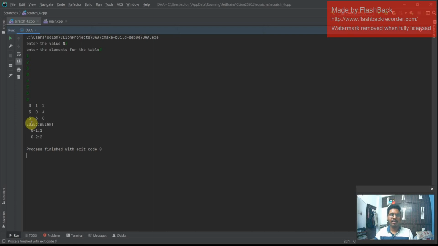You can ask me a question: why are we giving 0 in the middle? Because in Prim's algorithm the diagonal elements will be 0, and the remaining elements will be the weights of the given problem.